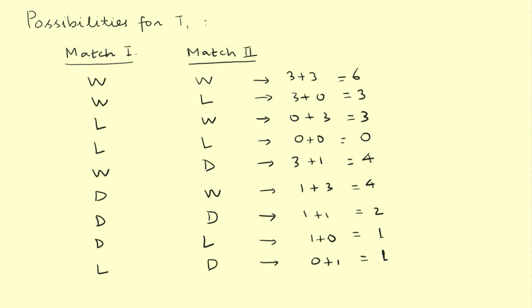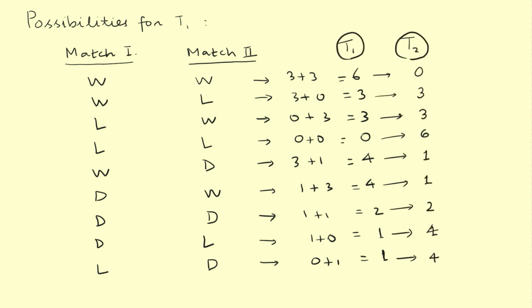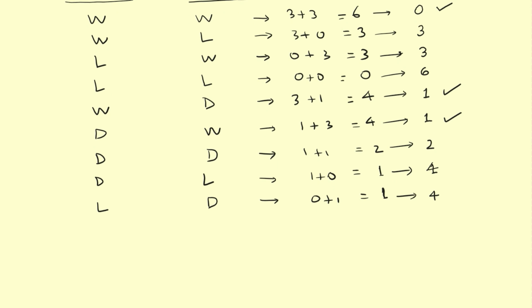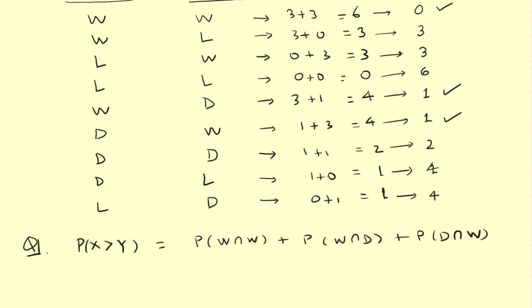Now for the team T2, in all these cases, we will have these points for the team T2. So from here we can see, in this case, X is greater than Y, and here also and here also. In three cases we can see the points earned by T1 are more than that of T2. So we'll answer question number 1 based on these three cases. So the answer for question number 1, which asks for the probability of this happening, will be given as,